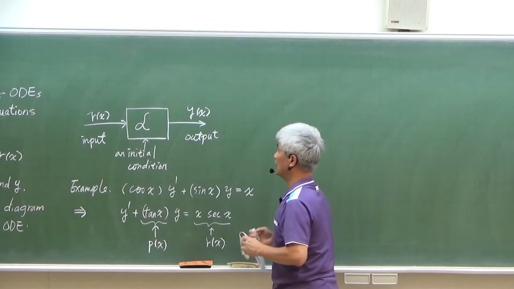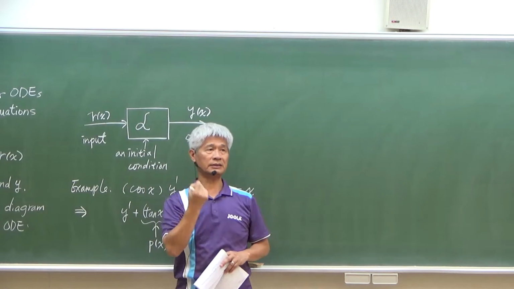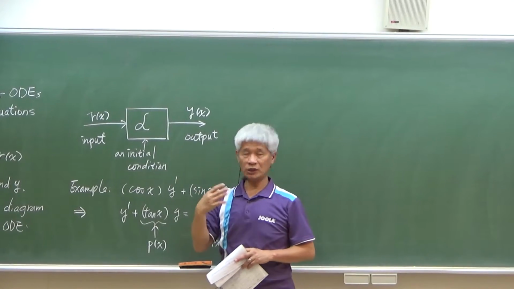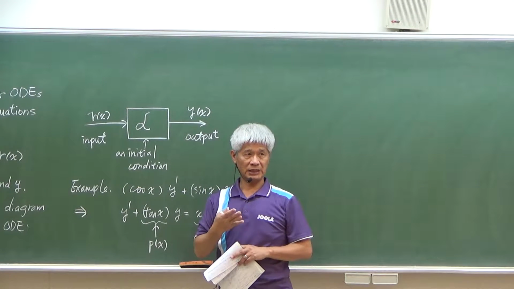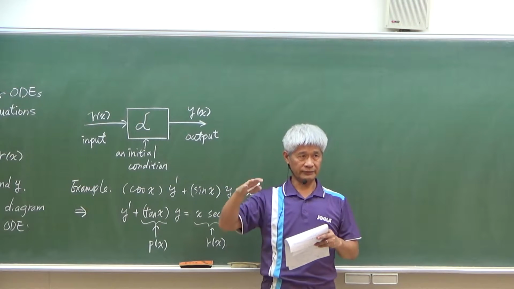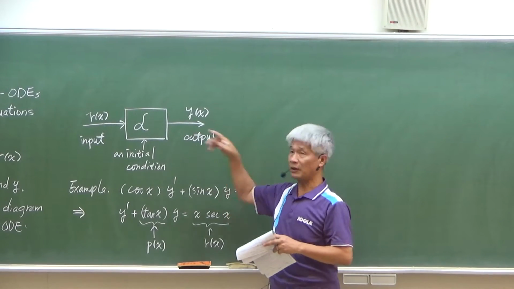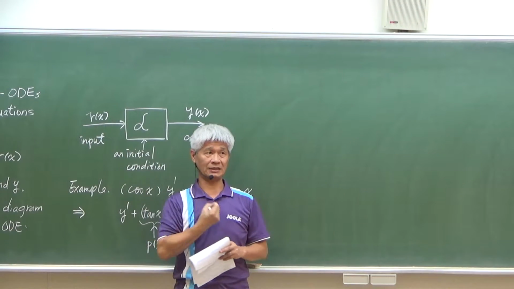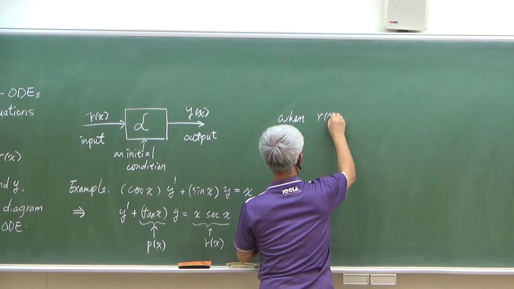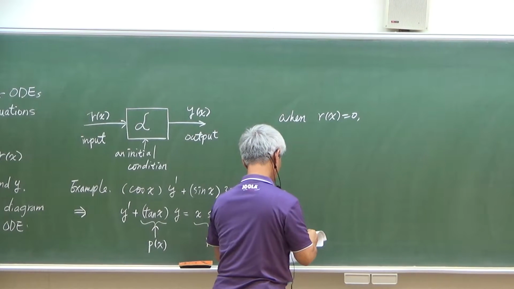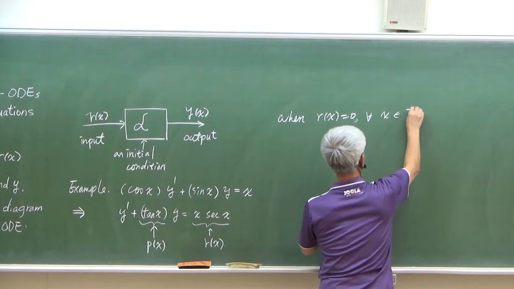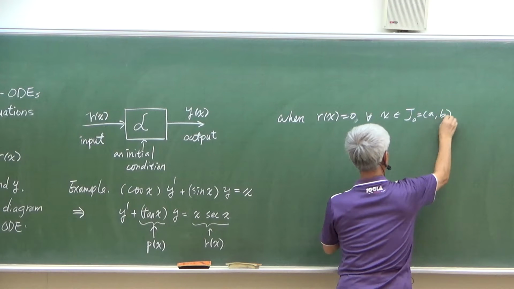Now if the input is 0, it means we have the zero input. Now the system will be determined by the initial condition. Because you have initial conditions, the system will evolve by itself, right? It is still evolving, so you have an output signal too, even though the input signal is 0. So in this case, when r of x is equal to 0 for all x in an interval,